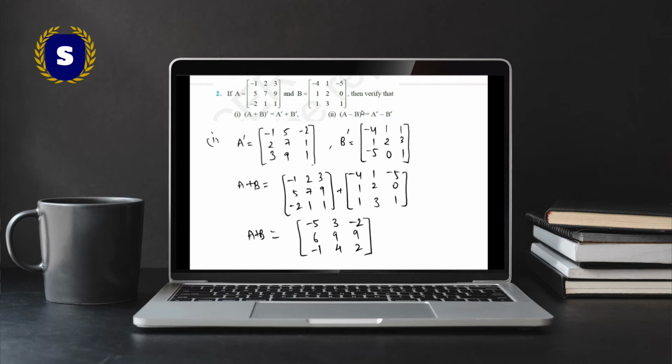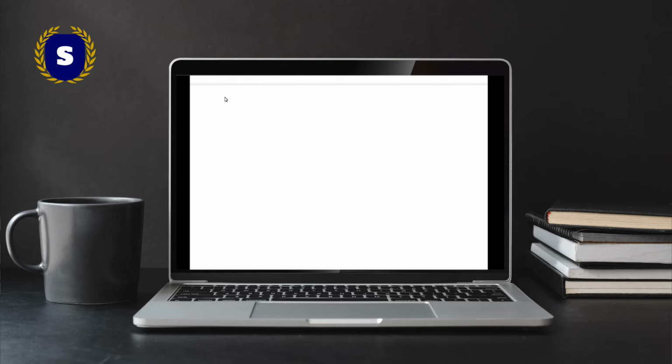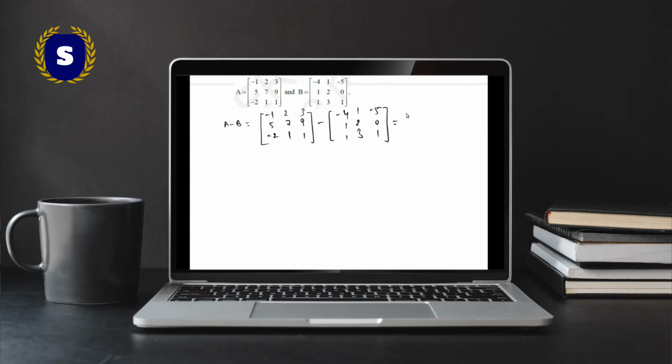That is (A minus B) transpose is equal to A transpose minus B transpose. So let us calculate the A minus B matrix here. A minus B is equal to [-1, 5, -2, 2, 7, 1, 3, 9, 1] minus [-4, 1, 1, 1, 2, 3, -5, 0, 1]. This will result in